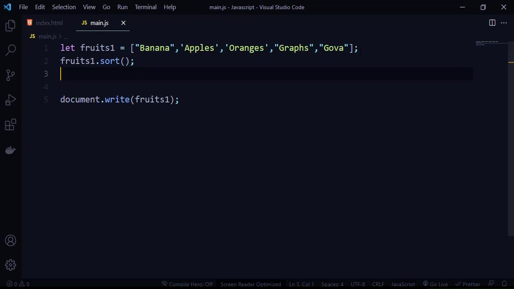If it returns 0, then a and b are unchanged. If it returns greater than 0, then b comes first. When a comes first, the elements are displayed in ascending order. When b comes first, the elements are returned in descending order. When both a and b are equal, it's just going to be in the same order. So this is how it's going to work.